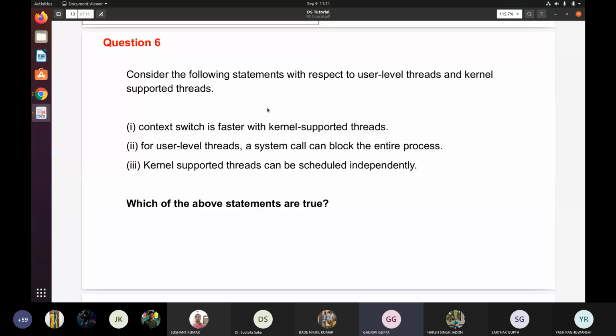And the second statement, for user level threads, a system call can block the entire process. This is one of the problems with user level threads. Suppose we have two processes, process 1 and process 2.